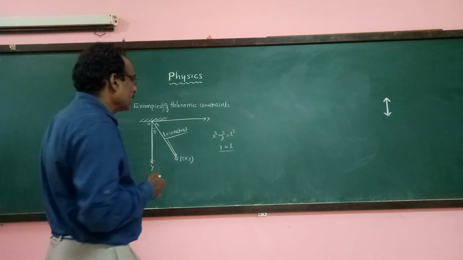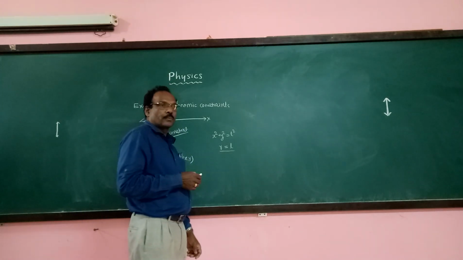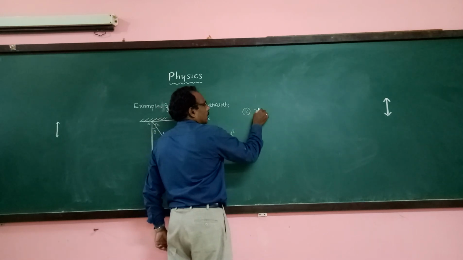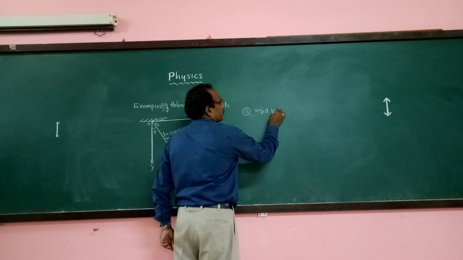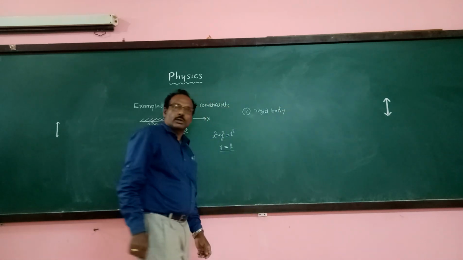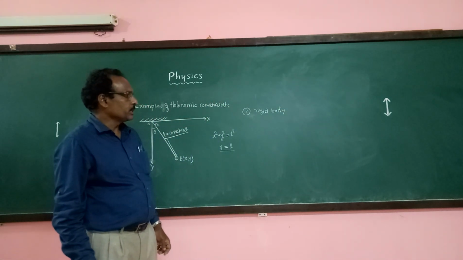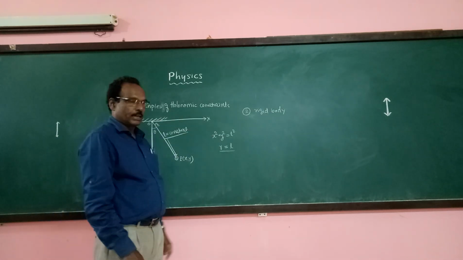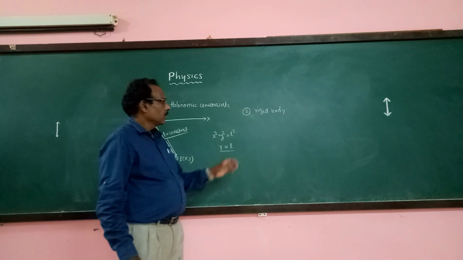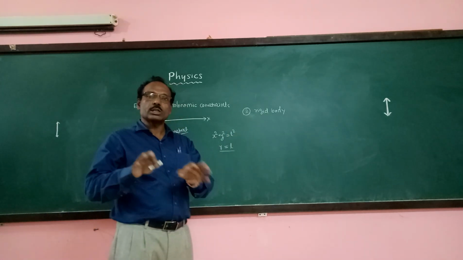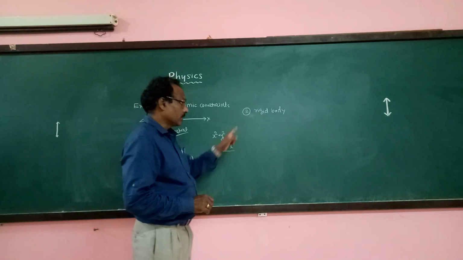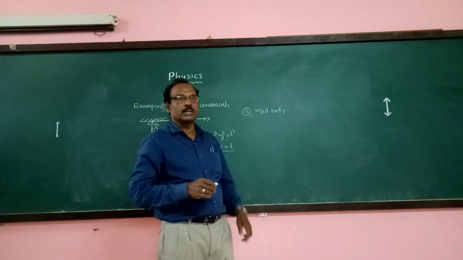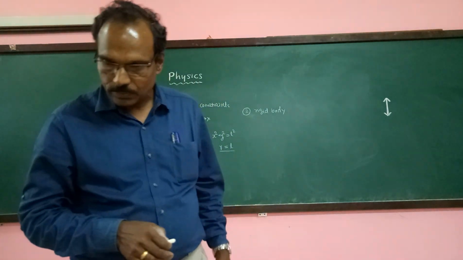We can go for another example, that is the rigid body. I have mentioned rigid body. The constraint imposed on the motion of a rigid body is a holonomic constraint. The reason for this: the motion of a rigid body and the constraint imposed on it. What are the constraints here? The constraint is that the distance between any two particles is always constant. So we can